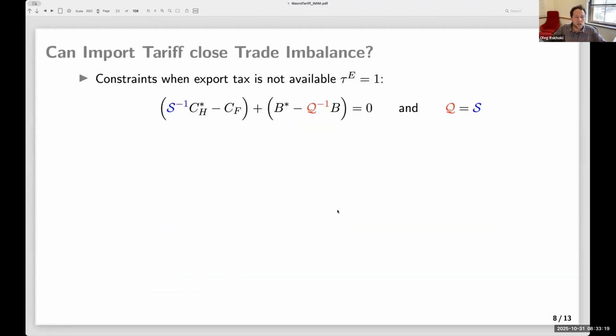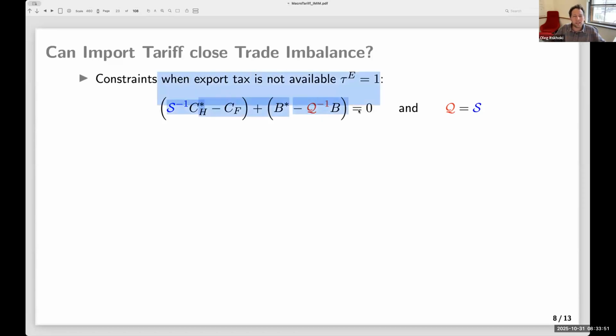Okay, very good. So now, obviously, when you have export taxes together with the import tariff, you can do a lot of things. Now we're going to shut down export tariffs, consistent with the US Constitution, if this were ever binding. The US planner is not supposed to be using export taxes. We don't see them using them yet, but the norms of the Constitution were violated on other dimensions, so maybe export tariffs are coming in the future. But for now, we're going to shut it down and focus on the import tariff alone.